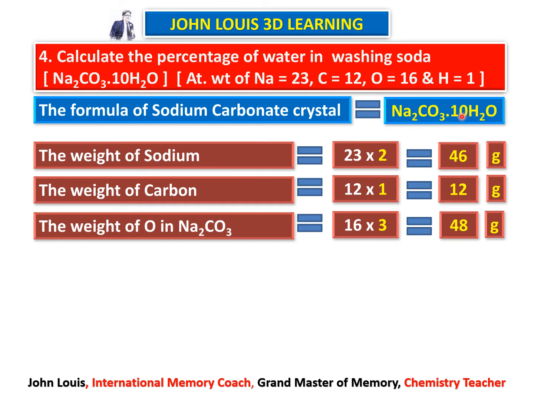Now, we find out the weight of water separately. What is the weight of one water molecule? Hydrogen atomic weight 1, 1 into 2 is 2. Then oxygen is 16 into 1, 16. Therefore, 2 plus 16 is equal to 18. So, molecular weight of water is 18. You should know this. You should not go on working it out in every sum. So, once you learn it, molecular weight of water is 18.